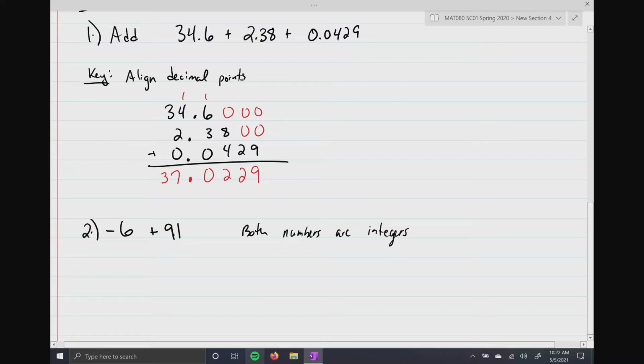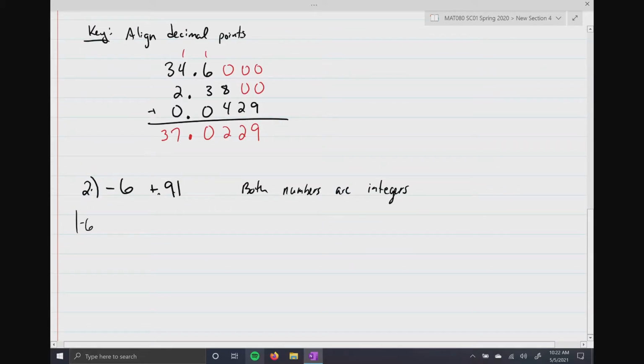All right, both numbers are integers. And what rule am I going to use? Rule number 1 or rule number 2? Number 2. Very good. I'm going to use rule number 2 because the signs in front of the numbers are opposites. So, just so we can review, remember,